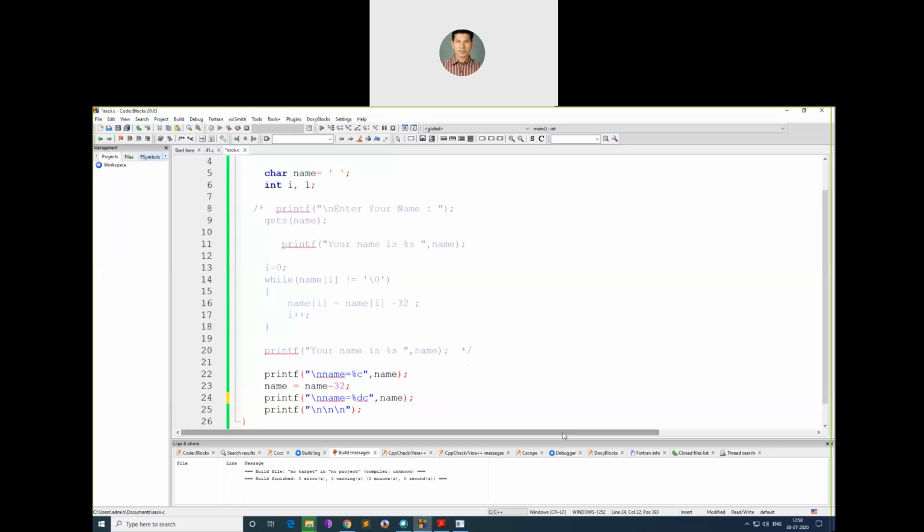I'll print the name equal to %d, the ASCII value, and say name 2 times. And here again %d and %c, both its integer value as well as its character value.